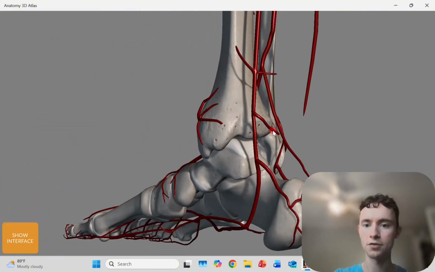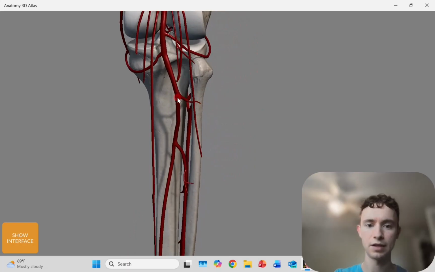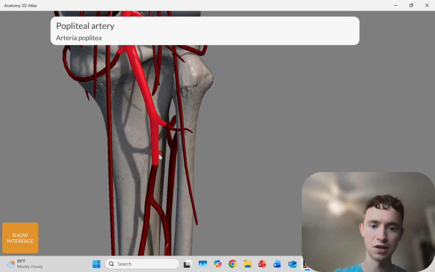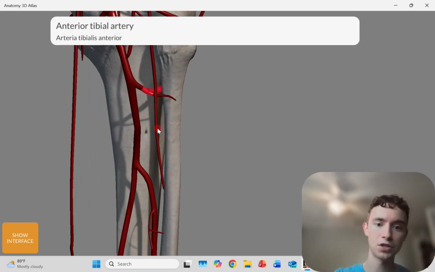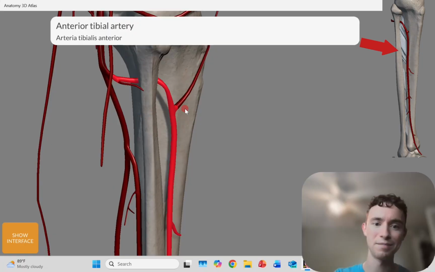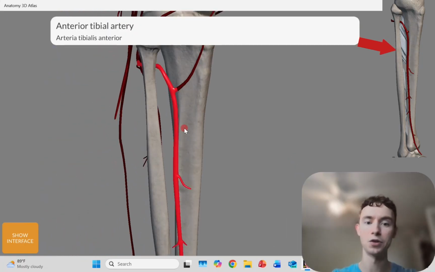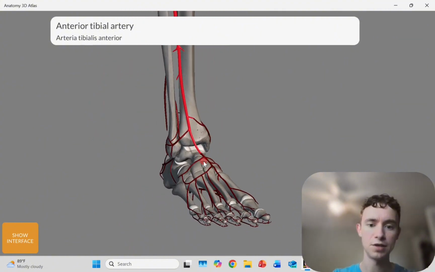We're going to move on back to our anterior tibial artery. We're going to go back to our popliteal where we split and we left our other guy. So here's our popliteal again. And remember, there was one that went posterior. Now let's follow the anterior tibial artery. And notice how this one pokes through the interosseous membrane between the tibia and the fibula and travels anteriorly along the front of your shin. Okay? So this will continue on down in the front of the shin